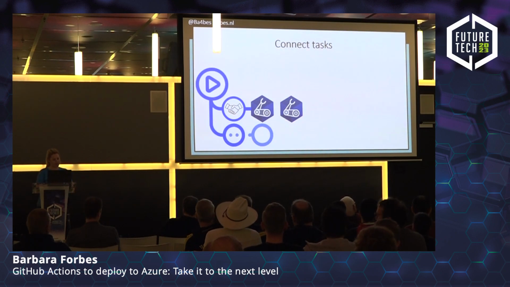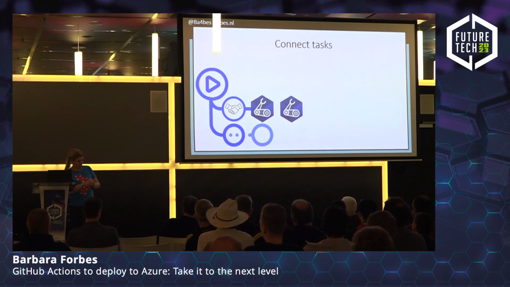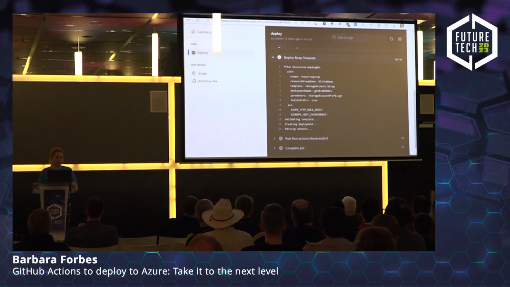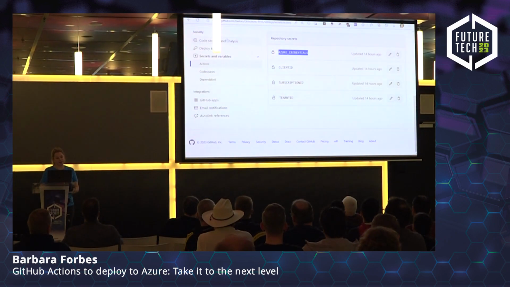So in this case, I've made an example. The first template is going to deploy a log analytics workspace. The second template is going to deploy an application with application insights. And the application insights need the ID of the just deployed log analytics workspace. So what I have for that,